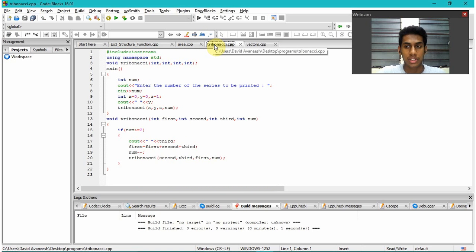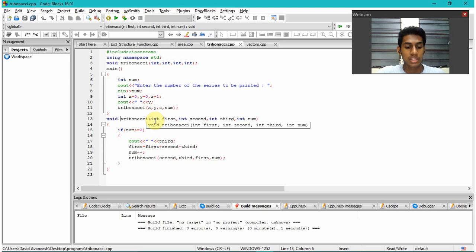Now for our next program, we have the Fibonacci series. In this we are actually focusing on recursion of a function. What happens here is we ask the user to enter the number of numbers to be printed in the series. The program we are talking about has the first three numbers as 0, 0 and